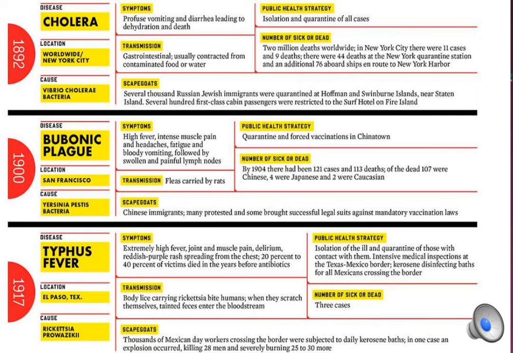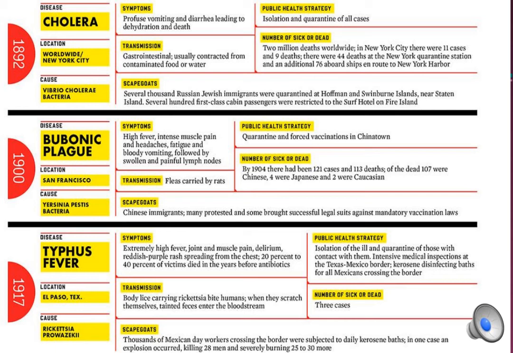I want to shift gears now and just talk about the likelihood of future epidemics and review just a little bit about the past epidemics that we've had. Cholera, 1892, of course, there was a worldwide cholera epidemic. In fact, cholera continues today, but there were 2 million deaths worldwide in 1892. Now the disease ends up being in scattered outbreaks, and without the impact that the old epidemic had in 1892.